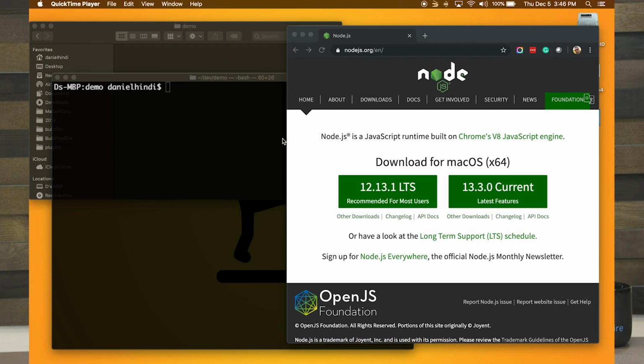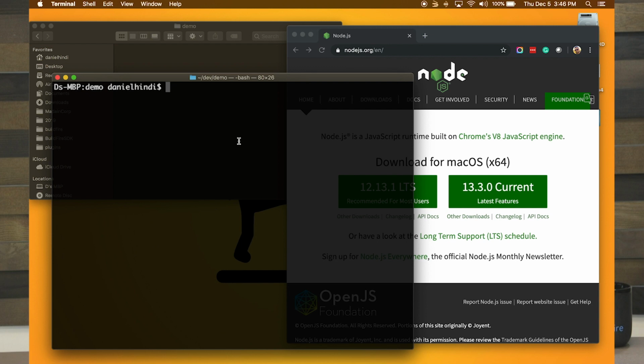Before we begin, you need to make sure that you have npm installed on your dev machine. Let's dive right in. Now that npm is installed, we're going to move over to our terminal or command line. If you're on Windows, you probably want to run this as administrator just so that you have the proper rights. If you're on a Linux box or a Mac, you probably want to type in sudo just so that you have the proper permissions. And all we have to do is type in npm